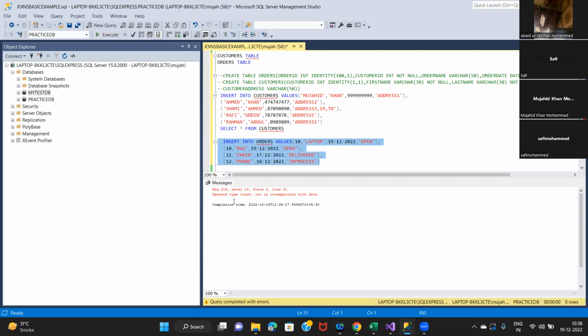Operand type class int is incompatible with, okay, maybe ये format देने से प्रॉब्लम होगा शायद 19